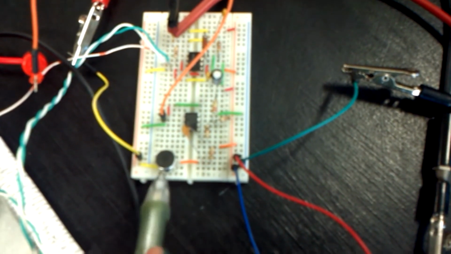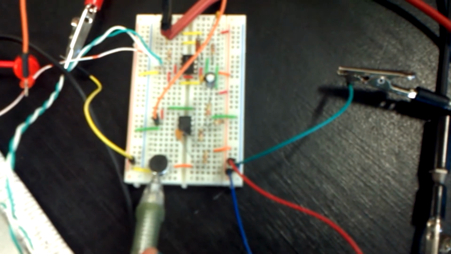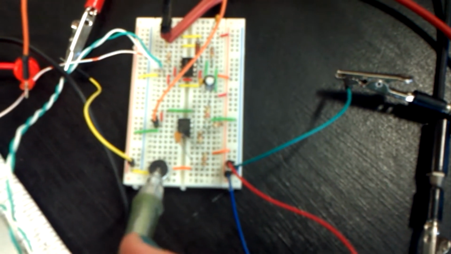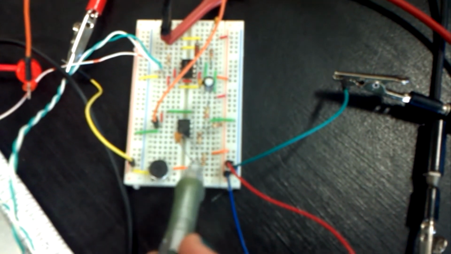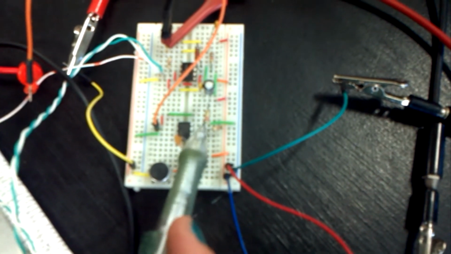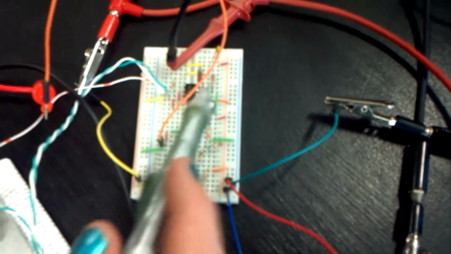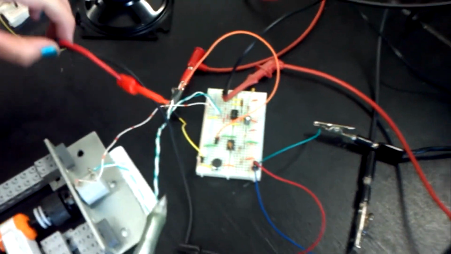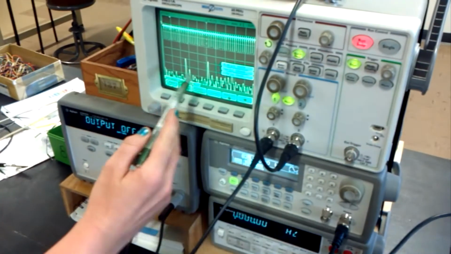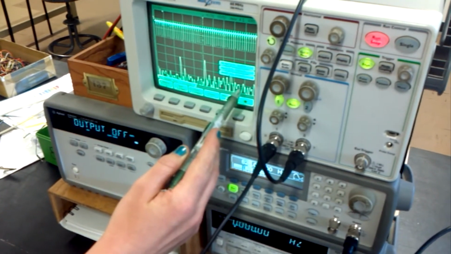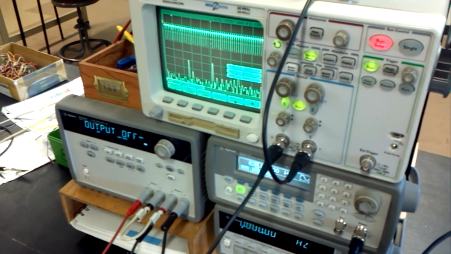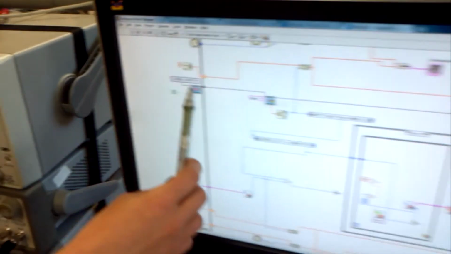So here's our circuit. Right here is a microphone that takes in whatever note is coming in. And then that's amplified by this circuit right here, which is an inverting amplifier circuit using an op-amp. Output of this circuit is right here, which goes to the oscilloscope here. The oscilloscope takes the fast Fourier transform of the incoming signal, and then here in our LabView code, this takes